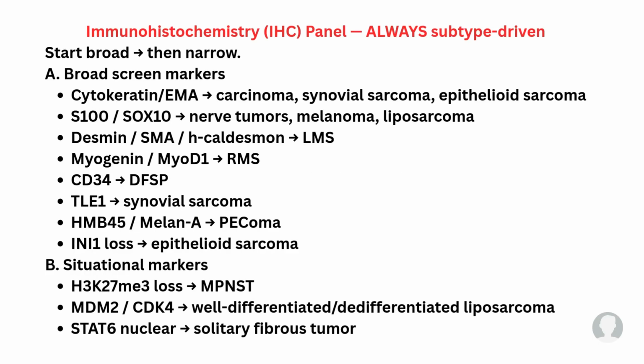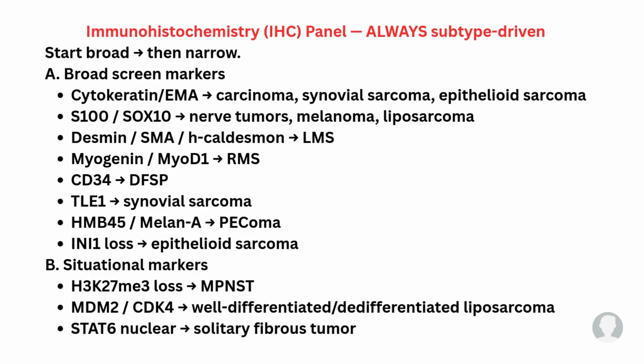After microscopy, the next step is immunohistochemistry panel, which should always be subtype driven. Start with broad markers and then narrow it down to the situational markers. For example, the broad screen markers include cytokeratin or EMA for carcinoma, synovial sarcoma, epithelioid sarcoma; S100 and SOX10 for nerve tumors, melanoma, liposarcoma; Desmin, SMA, H-caldesmon